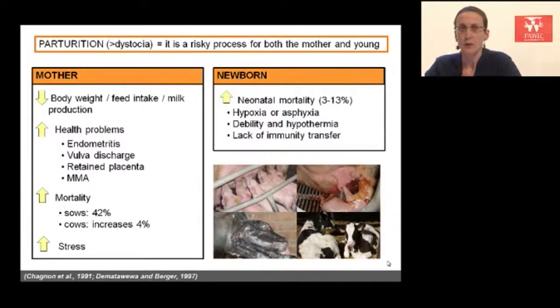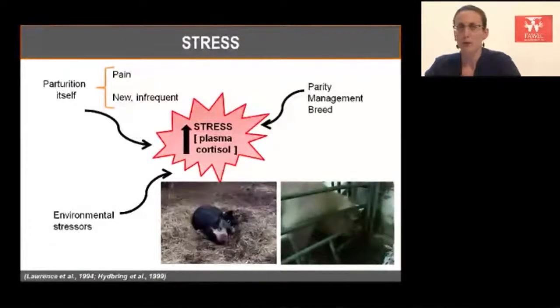In terms of stress, we know that around parturition stress increases because there is an increase in the concentration of cortisol. There are different reasons and different factors that can explain this stress. The first factor is the parturition itself, because it is known that any process that is painful normally causes stress, and also any process that is new or infrequent also produces stress. And also there are other factors such as